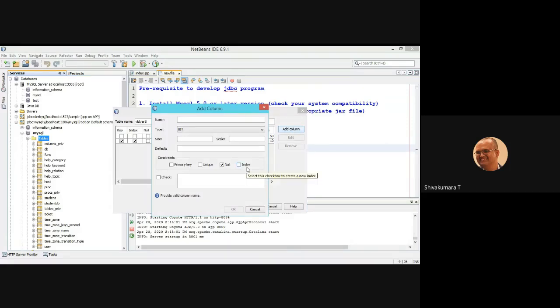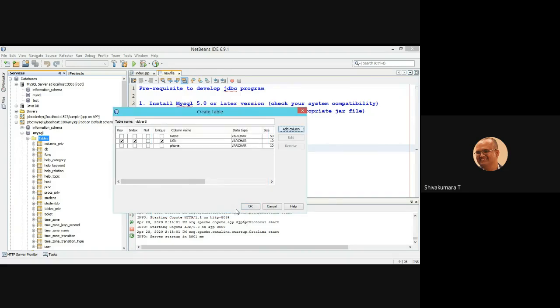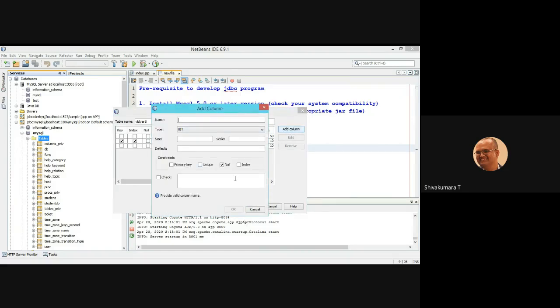Suppose you want to add the contact number. You can provide phone, contact number, where maximum characters I am allowing is 10, and I don't want to allow the null. Uncheck it, click OK. Then add email, where maximum you can have up to 100 characters.